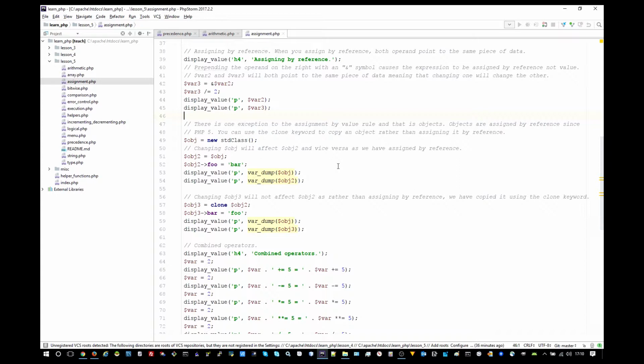Now, there is one exception to the assignment by value rule, and that is objects. Objects are assigned by reference since PHP 5. You can use the clone keyword to copy an object rather than assigning it by reference. So if you don't want to assign an object by reference, if you want to actually clone that object,